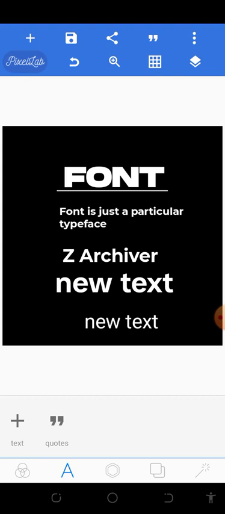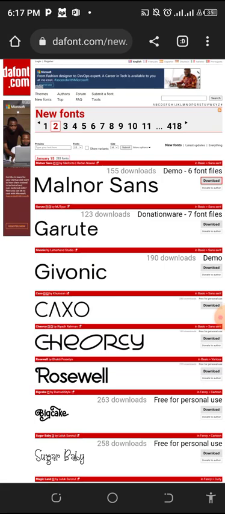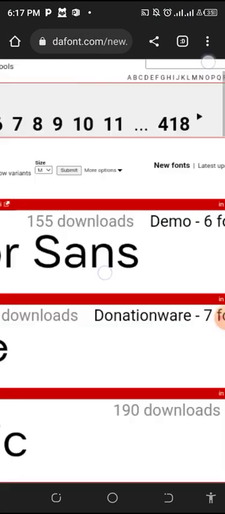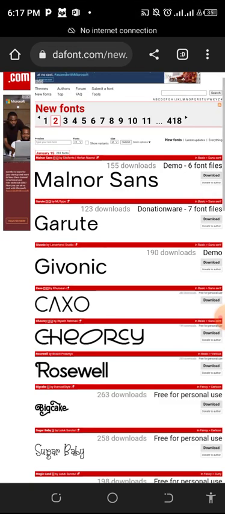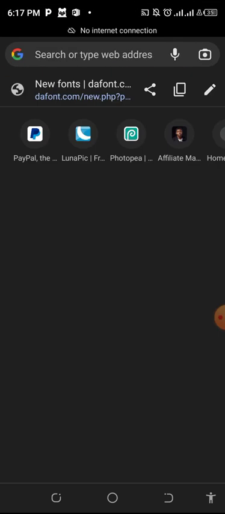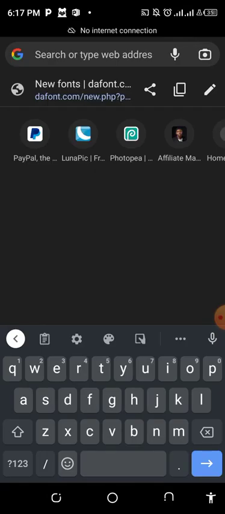So what you do is go over to your Chrome. So this is the search icon here for the dafont.com, this particular place here. So after typing it and you can't find the font that you are looking for, just come over to Google, and then let me just assume the name of the font we are looking for that we can't find on